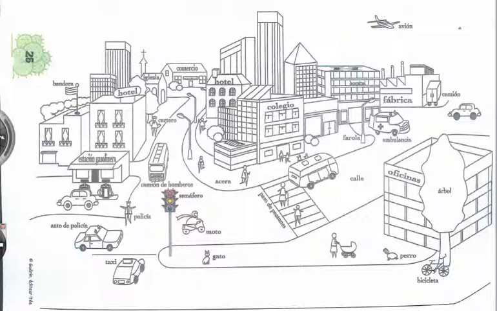Okay, aquí tenemos la ciudad. So here we have the city. Y en esta ciudad hay edificios, there are buildings, personas, cosas, y tenemos que descubrir, we have to discover, si estas cosas son masculinos o femeninos. So, according to what you've already learned, las tres reglas, o las dos reglas,